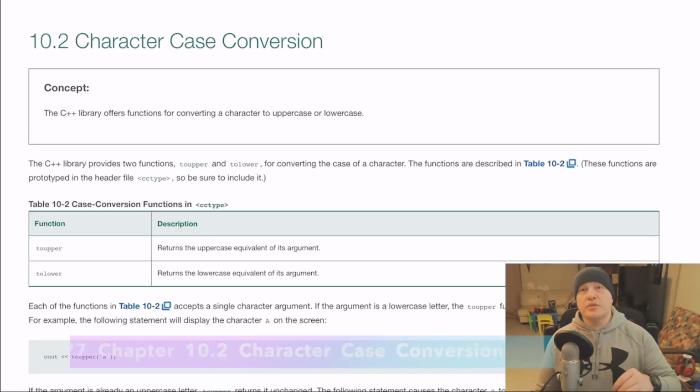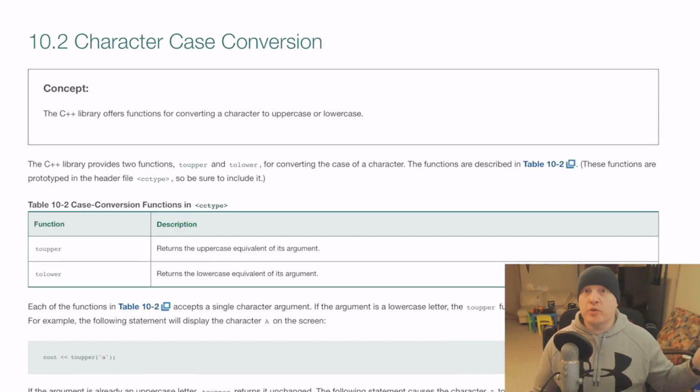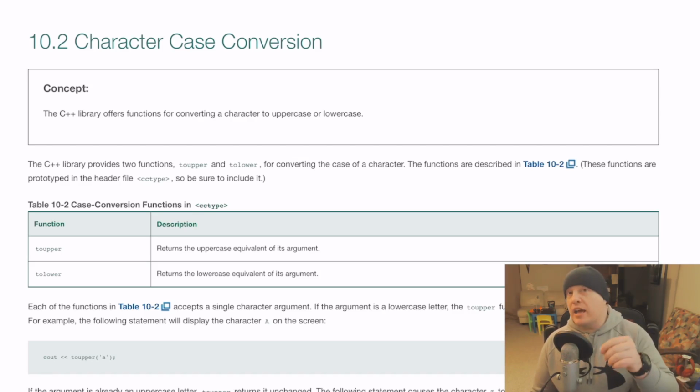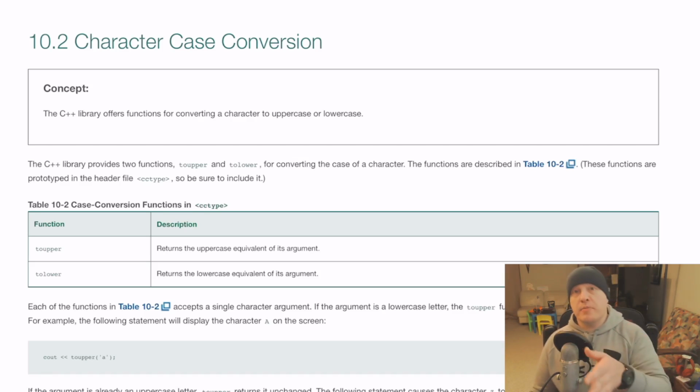In 10.2, really, this can be boiled down to two functions that are crammed into the cctype header. And really, we're looking here at toupper and tolower. So if you think about anytime it is that you have received something from a file or received something from